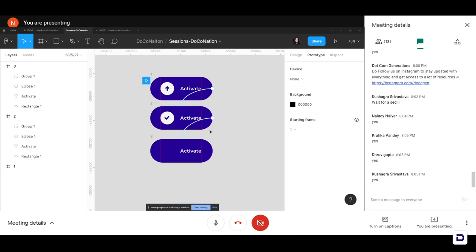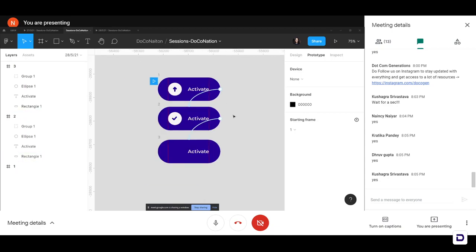That will happen on delay. Okay, so we don't want to keep clicking on the frames and only then see the animations. We want it to happen on delay, as in on its own. So for that, we will just change the interactions to on delay. You'll see in a bit. Okay, so let me know once you all are done so we can move on to the next step.